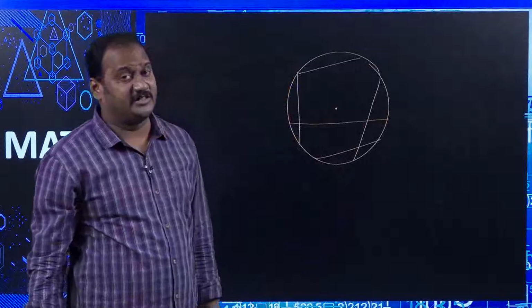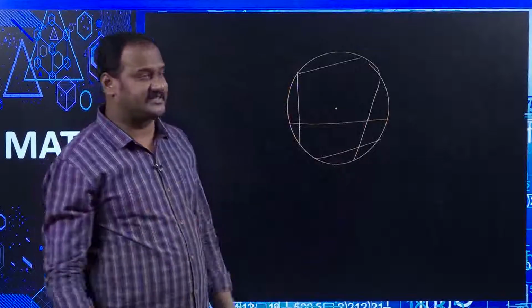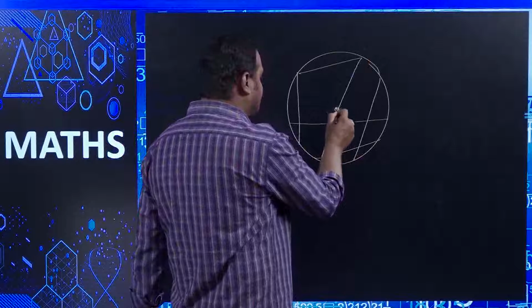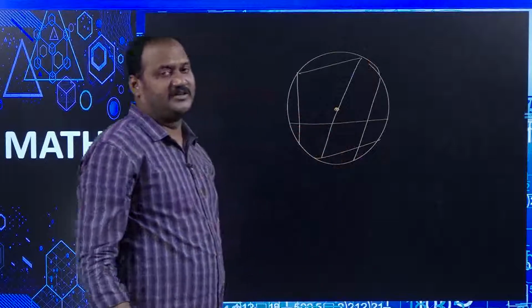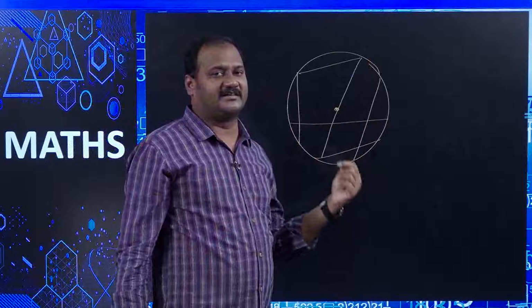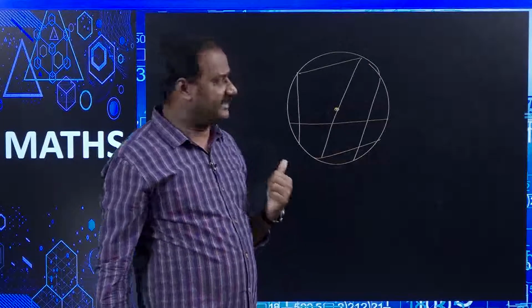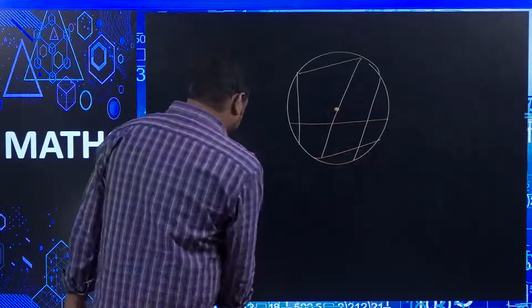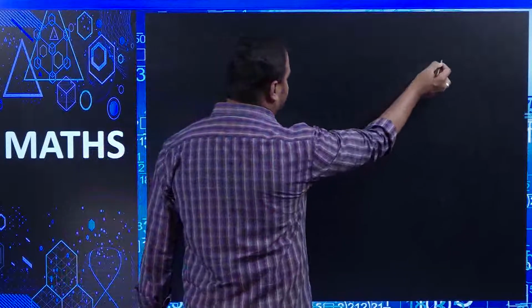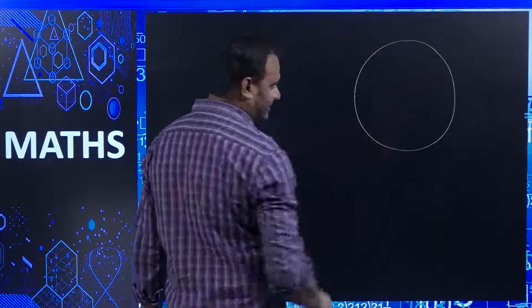But out of all these chords, what is the greatest chord of a circle? The greatest chord of a circle is the line segment passing through the center. That is what you can call a diameter. So, the diameter is the greatest chord or the longest chord of a circle, right. And coming to the next one, let us try to understand a few important properties of chords.